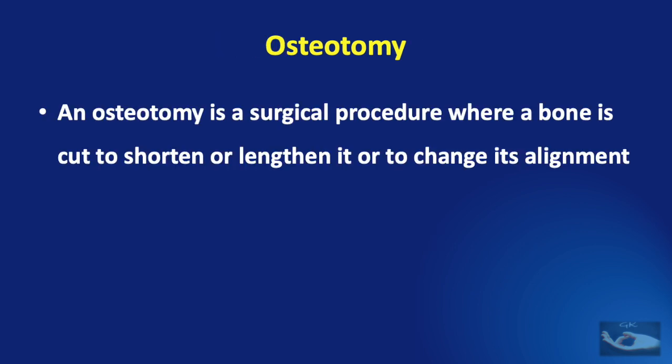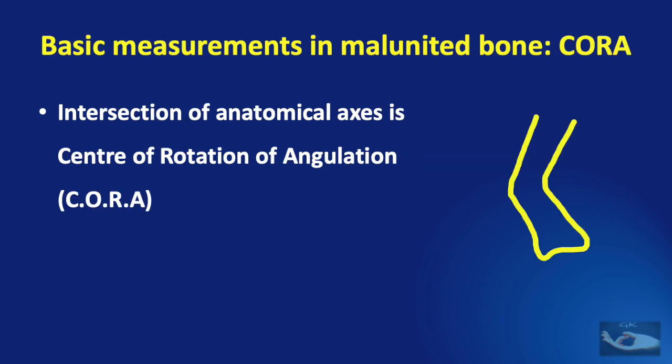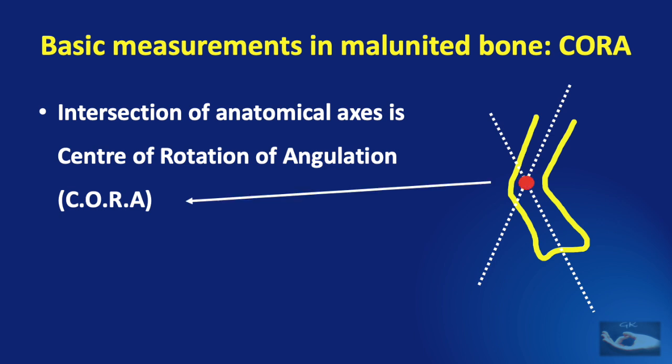Osteotomy is basically a surgical procedure where a bone is cut to shorten or lengthen it or to change its alignment. And it is this property of the ability of osteotomy to change its alignment that we apply in phalangeal malunions. Whenever there is an angulation in bone, we need to mark the anatomical axis of the distal and proximal segments and note the intersection point, which is known as the center of rotation of angulation,